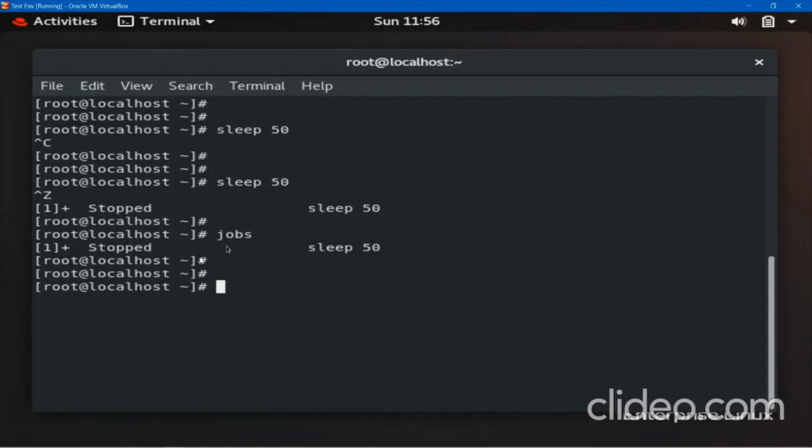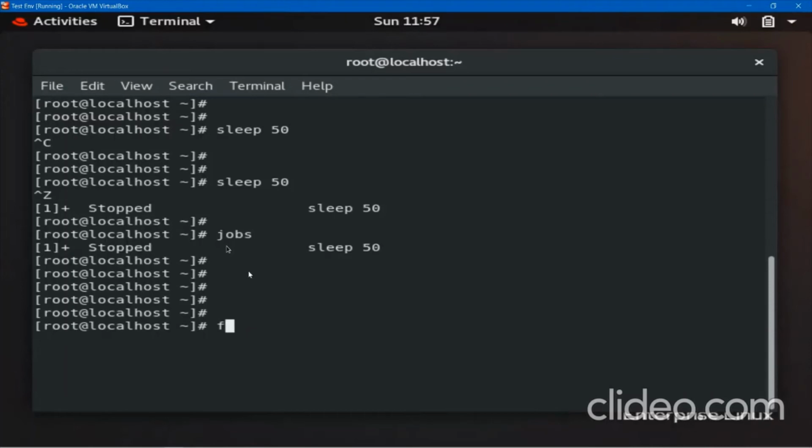When you have done Control Z many times, many programs have been paused and put in your background. It will consume much RAM, and finally your laptop, or your operating system, will not work properly. You can see some hanging, like it will get stuck, your mouse pointer will get stuck, you cannot get your prompt, and many such things.